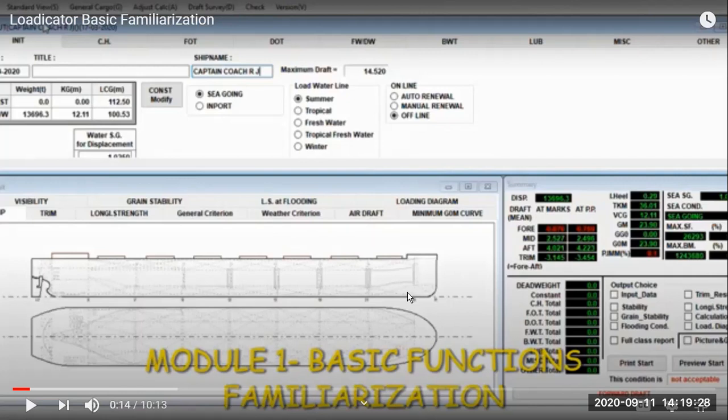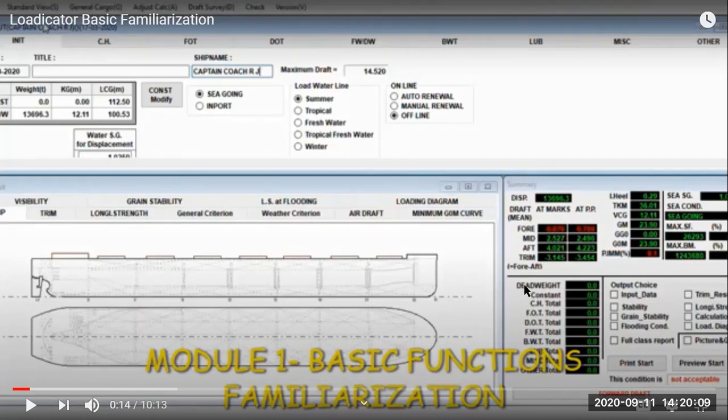We have the ship's stowage plan and all the stability details. We have the displacement, drafts forward, aft, mean draft and trim. Then we have the stability particulars, center of gravity, GM, then propeller immersion, how many percentage, GM solid, GM fluid, sea going specific gravity, that is the density of sea water, then is it sea condition or port, maximum shearing force and bending moments and the percentage and the frame numbers.